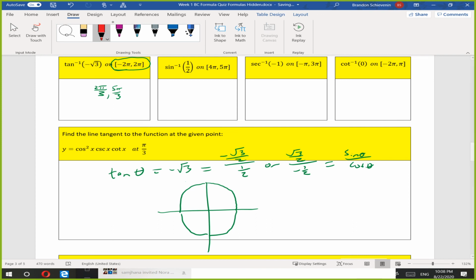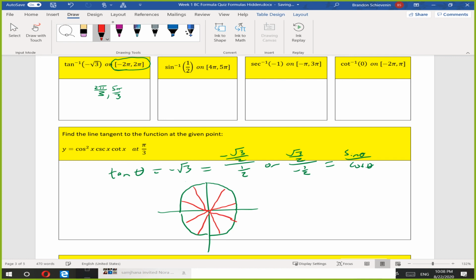If I want to split up my pi into 6 evenly, it would look something like this. And then I can continue those lines through the opposite side. Okay, a little rough on my part, but